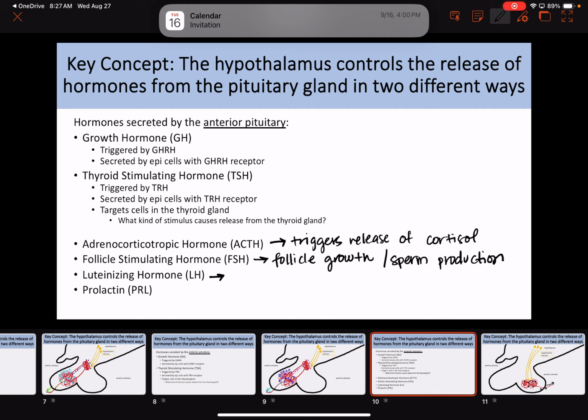Luteinizing hormone for females is for ovulation. It will also have a hand in sperm production in males too. And then prolactin